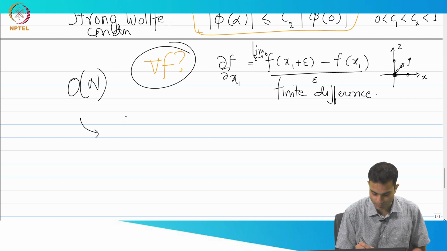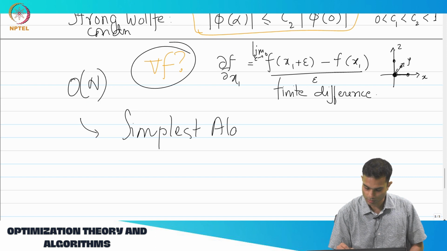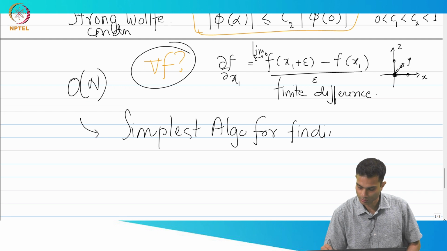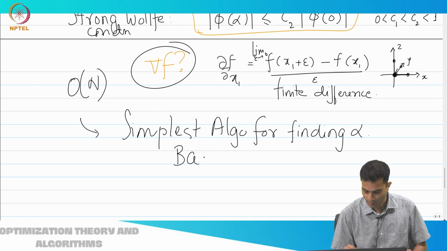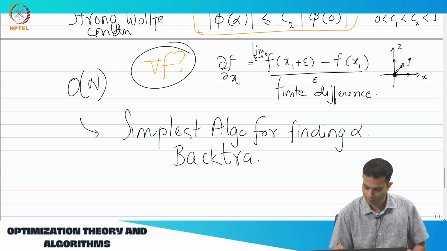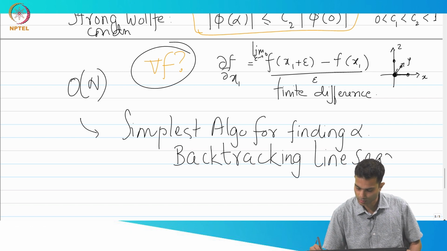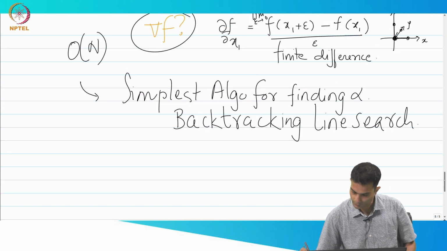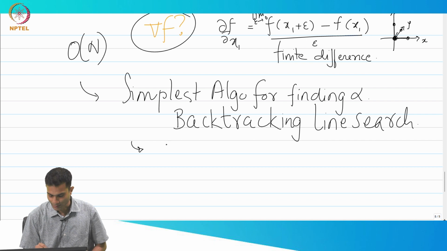So let's talk about the simplest algorithm for finding alpha. The name of this algorithm is the backtracking line search. And in terms of algorithms, it's really simple, like most of the things that we will talk about in this class. Step 1,